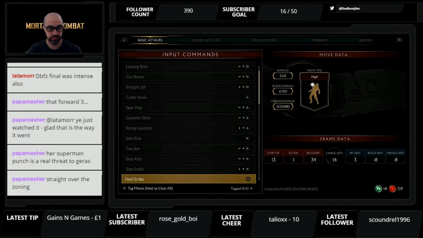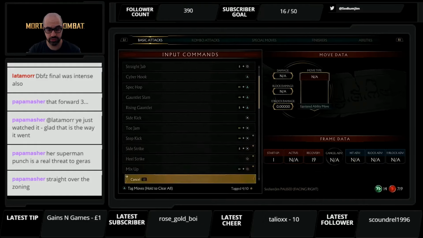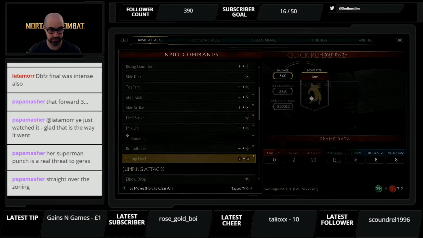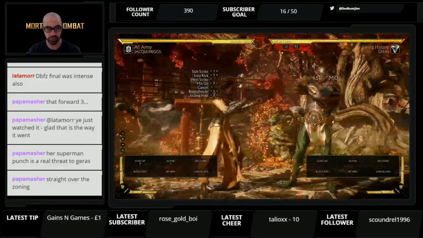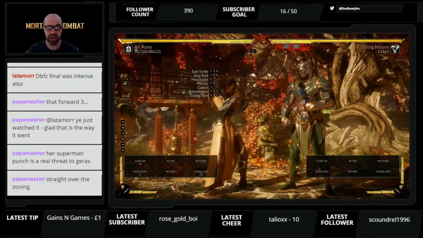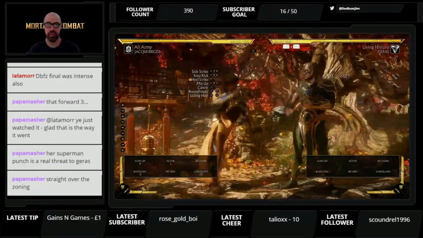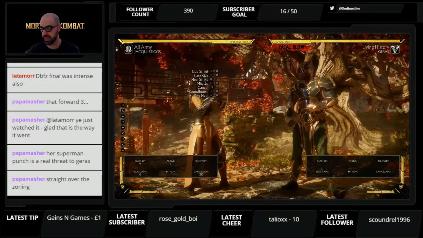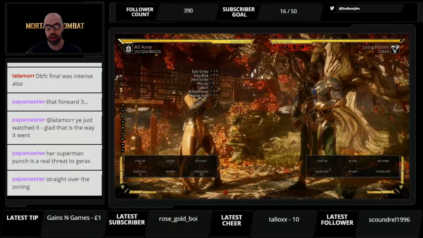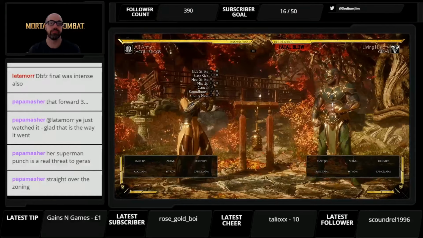Then we have her best move, her best normal move, which is forward 3. So, there are very few characters in the game, I believe 5 characters in this game, that have what is known as the golden 9-frame mid. So, the nature of this game is, at the moment,